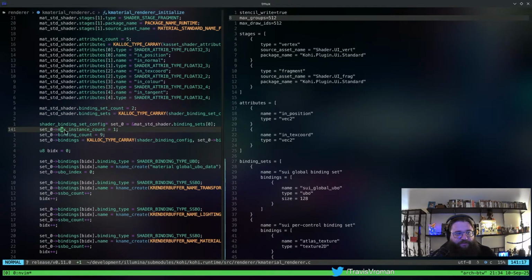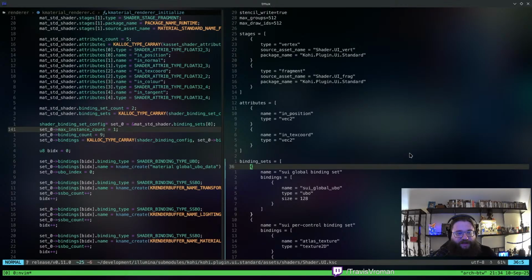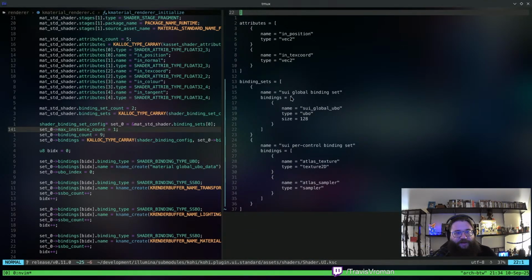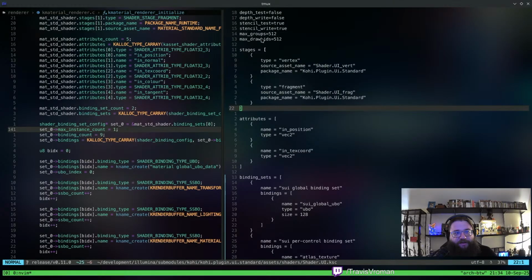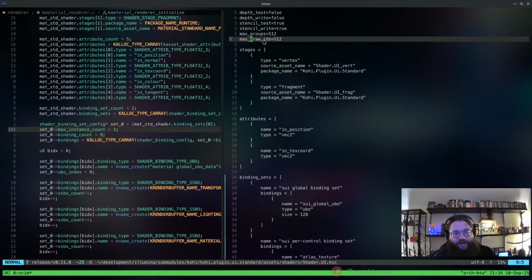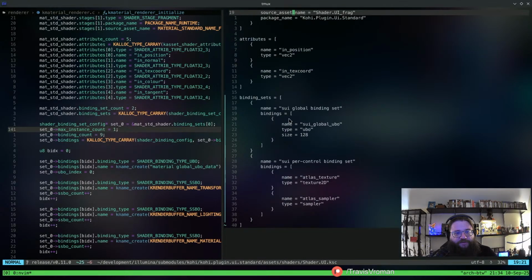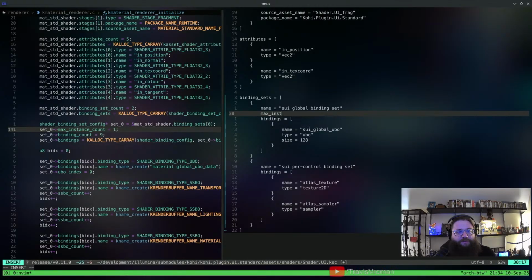Yeah, we did. Max instance count, right? So we did not actually define that in here. Instead of defining it up here, we now define it down here. So I think we had max groups and max draw IDs at 512. So the only thing that we actually need to set here is max instance counts equals 1.